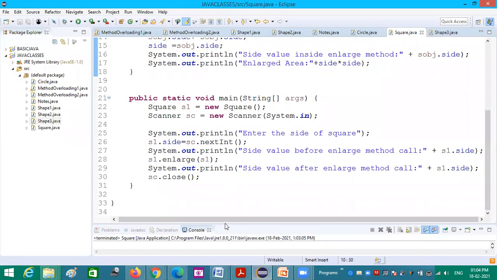So this is the effect of call by value and call by reference. Okay. So if you have sent your roll number in the chat box,